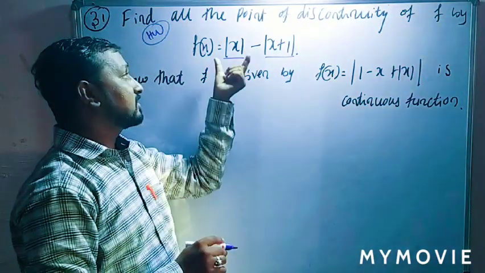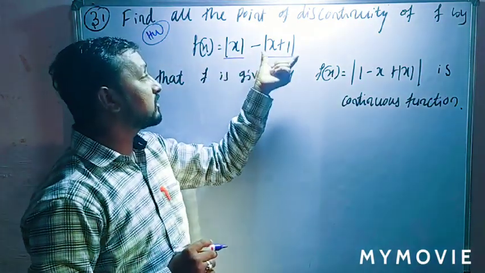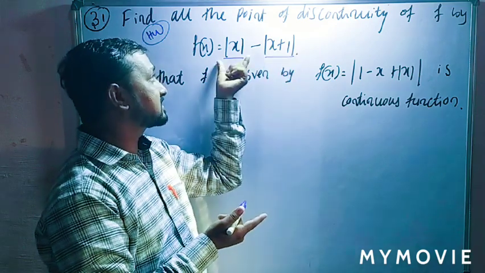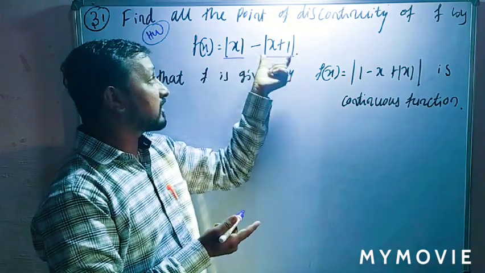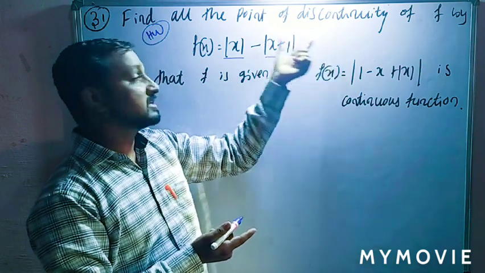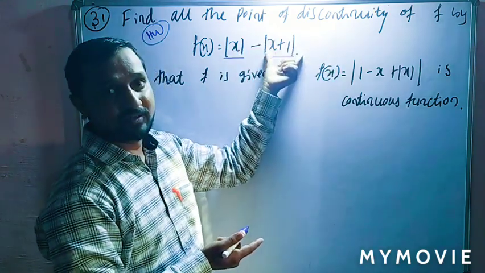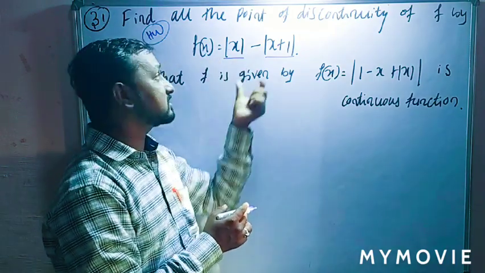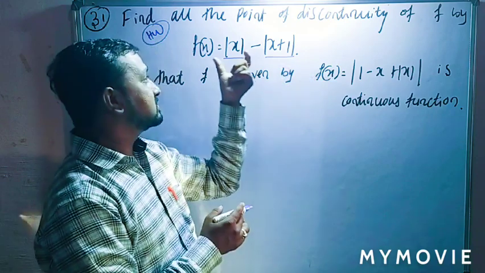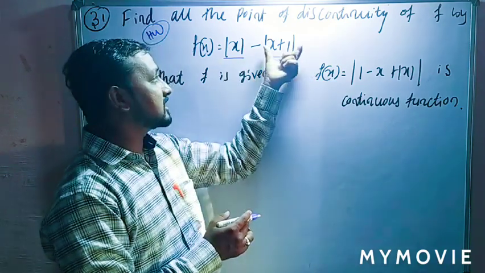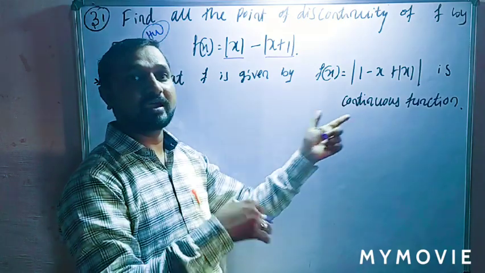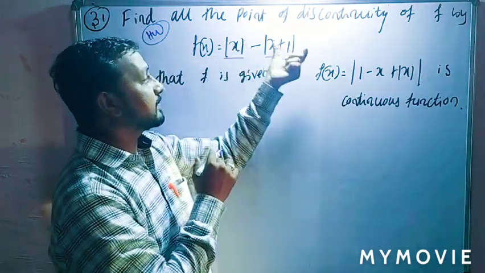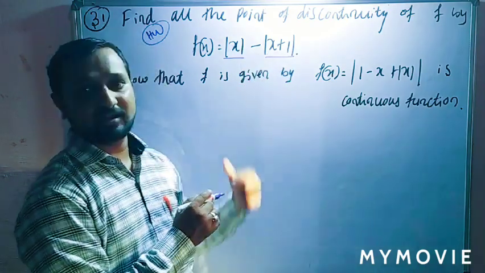Here already we know that mod x is continuous everywhere. So mod of x plus 1 is also continuous. The modulus function is continuous. It's clear that mod x is continuous at x equal to 0, and mod of x plus 1 is continuous at x equal to 1. So this is also continuous. This is also continuous. Okay. Then directly you can write: g of x equal to mod x, h of x equal to mod of x plus 1. g of x equal to mod x is continuous. h of x equal to mod of x plus 1 is continuous. Then by the algebra of continuity, the difference between g of x and h of x should be continuous. Okay, very simple. Try yourself.